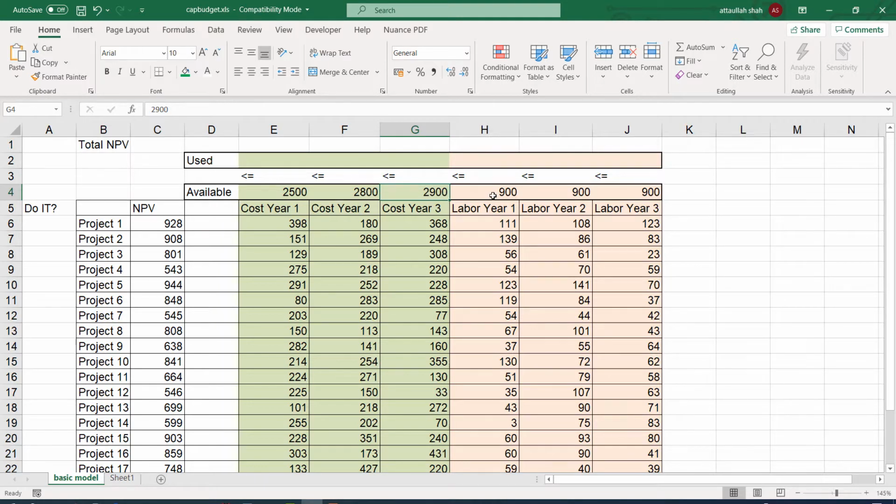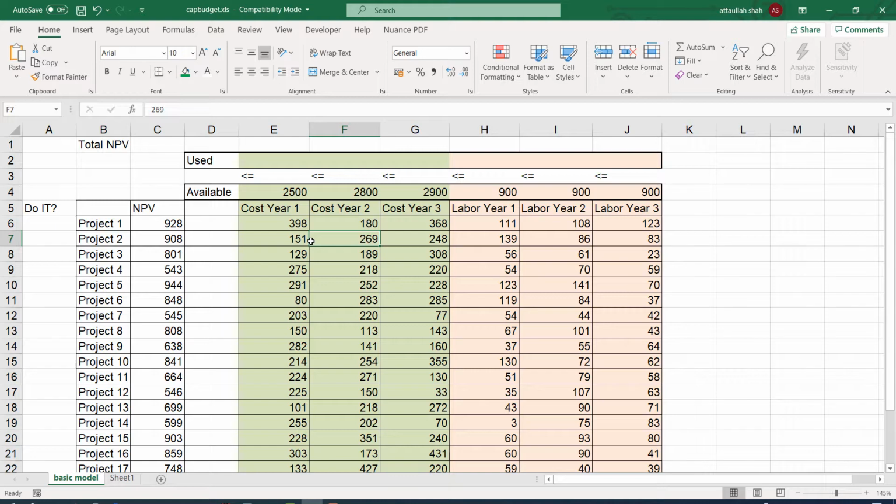Similarly, we have a constraint in terms of available employees. So our total employees are 900, and if we select any project, the total number of employees required by these projects cannot exceed 900. Okay, so these are the details of this specific problem.